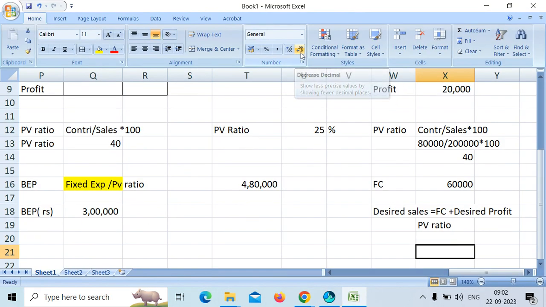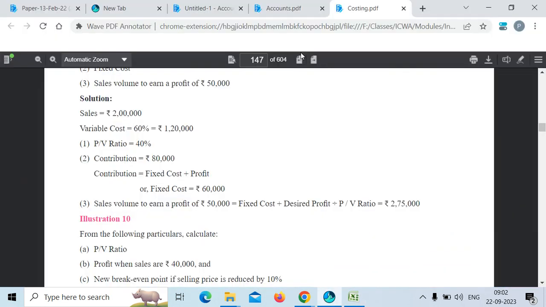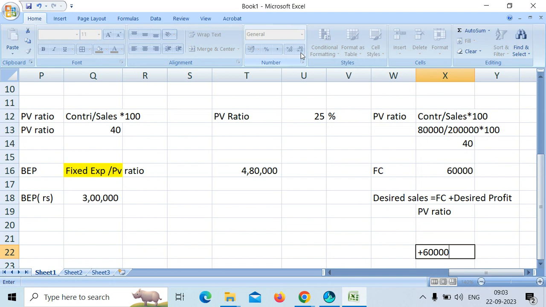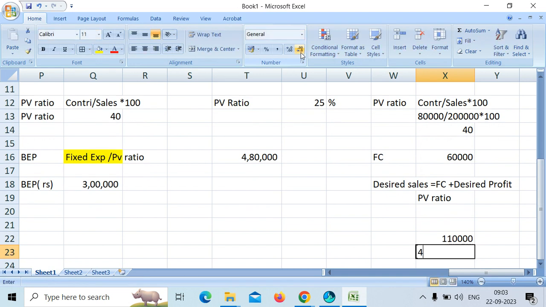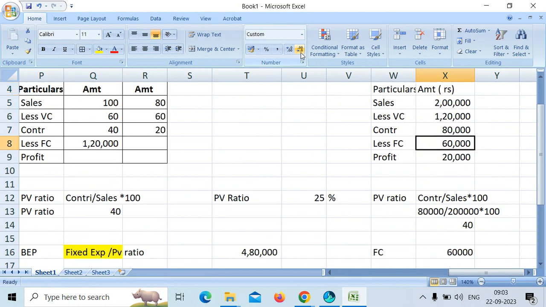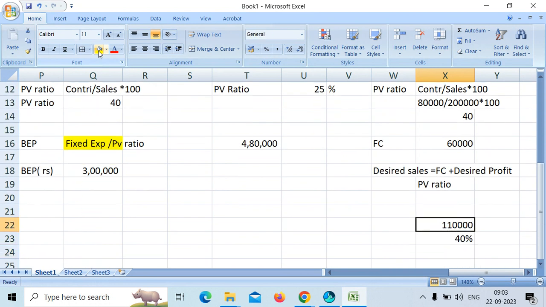Now, what you are supposed to do, they have given you a profit of 50,000. You want a profit of 50,000. So, fixed cost is 60,000. Profit of 50,000 divided by PV ratio 40%. So, from where am I taking 60,000 here? My fixed cost, right? The desired profit is given to me in the question, that will give me 1 lakh